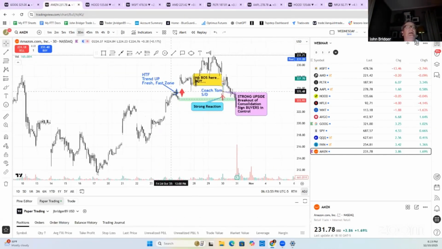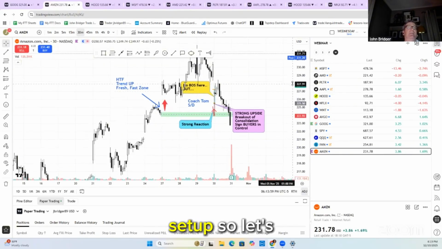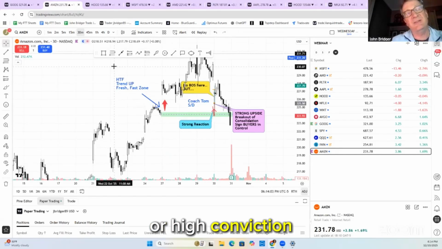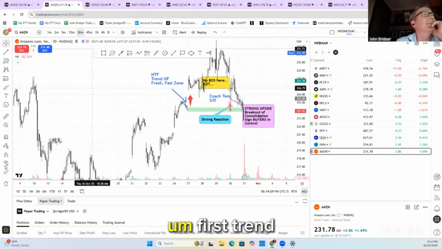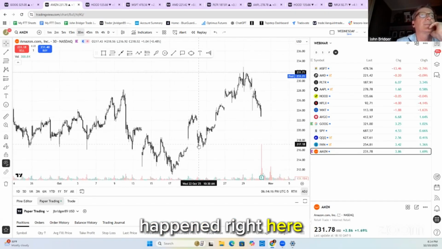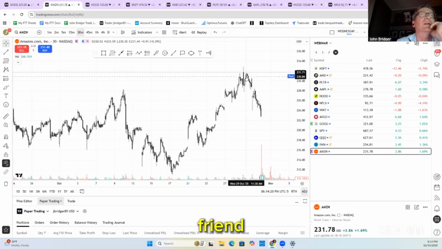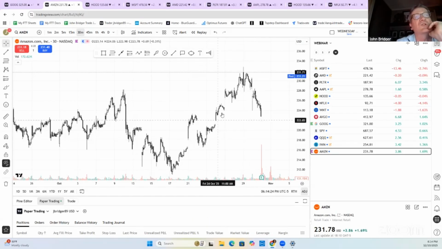This is Amazon. So this is more what I call a classic setup. Let's talk about this, where you got a high quality, high conviction trend background and a fresh, fast zone. Okay. So let's talk about first trend, right? You can see this is where the trade happened right here. But look at it in the context of the trade, right? You had this pretty nice, strong trend, right? You had a little bit of a retrace coming back down into that trend, but the trend was still up,